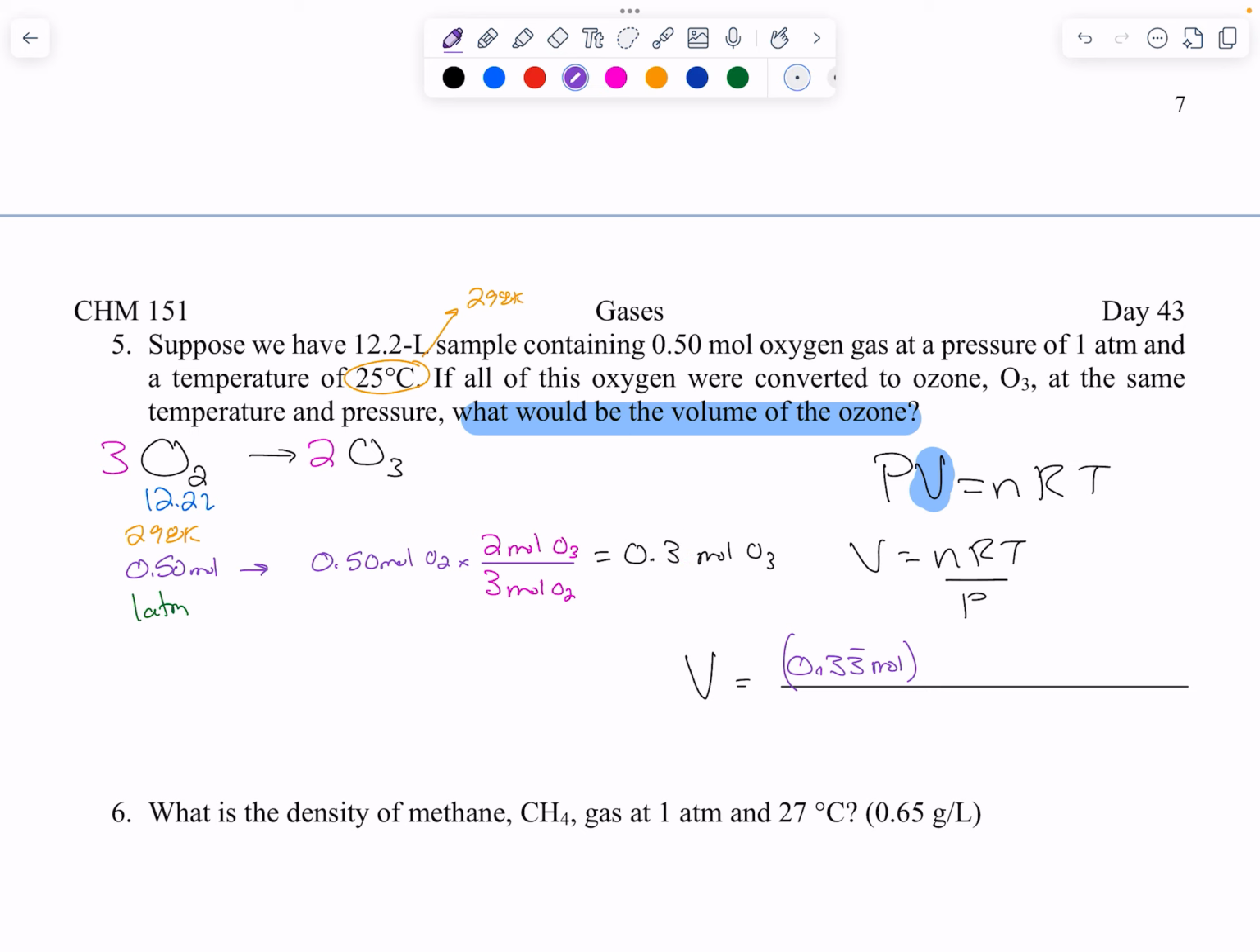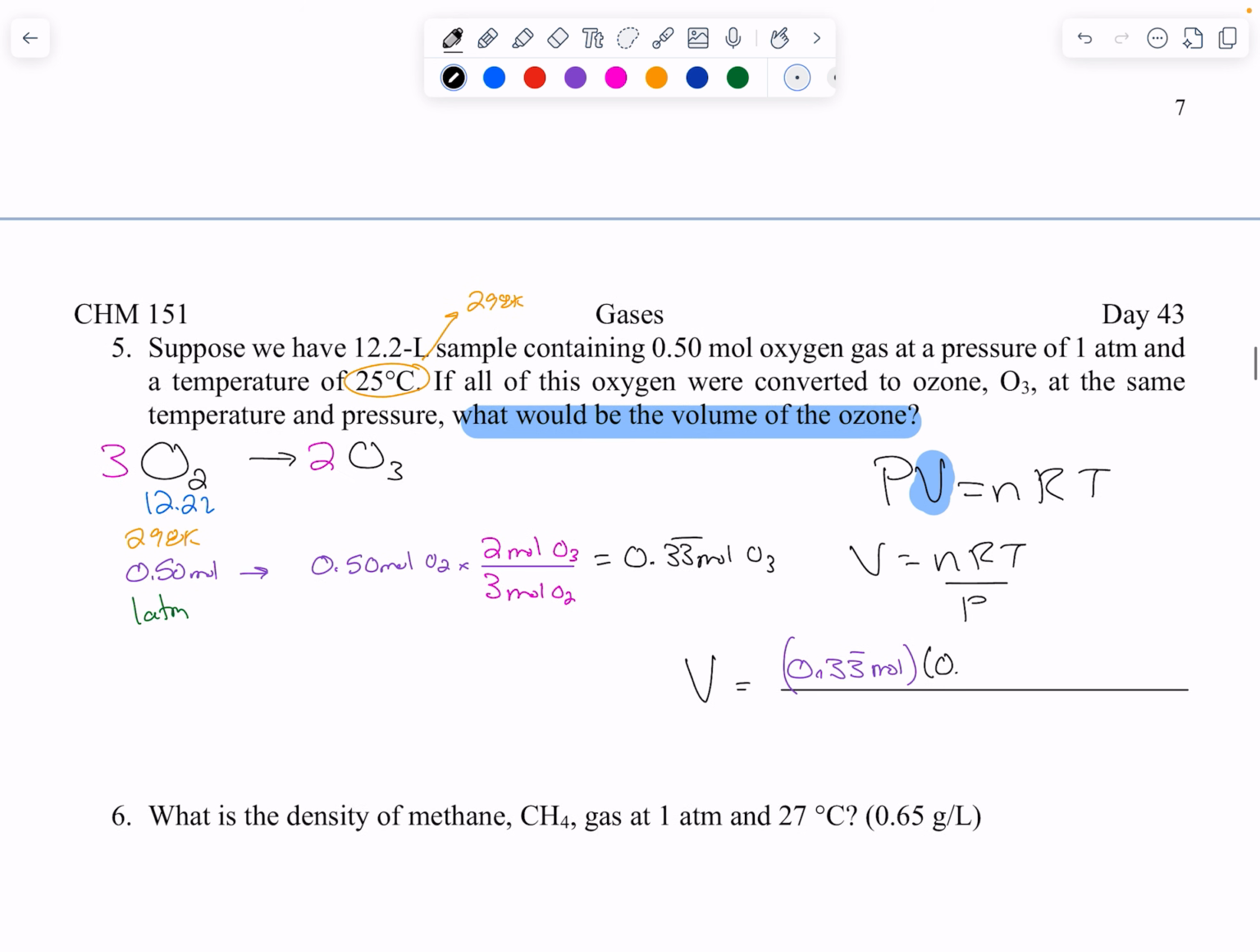Fix that for us. All right, so now R is 0.08206 liters·atmospheres per mole·Kelvin. Our temperature was 298 Kelvin, and our pressure was 1 atmosphere. So that means our volume, if you do this math, 0.33